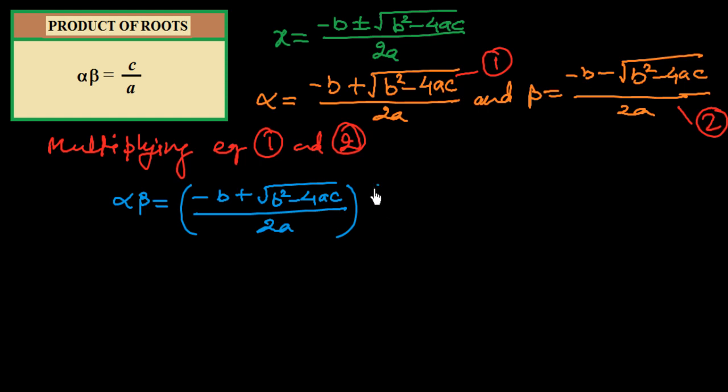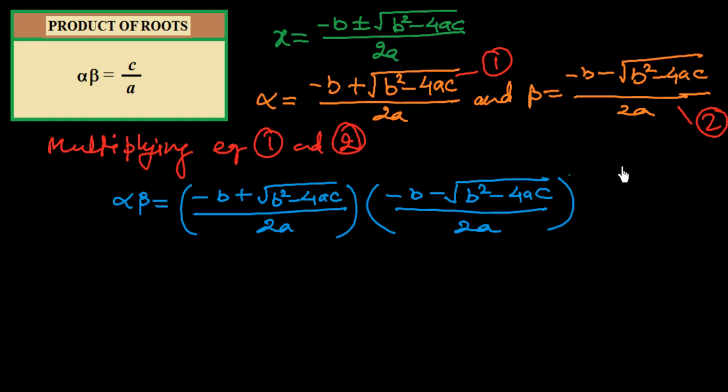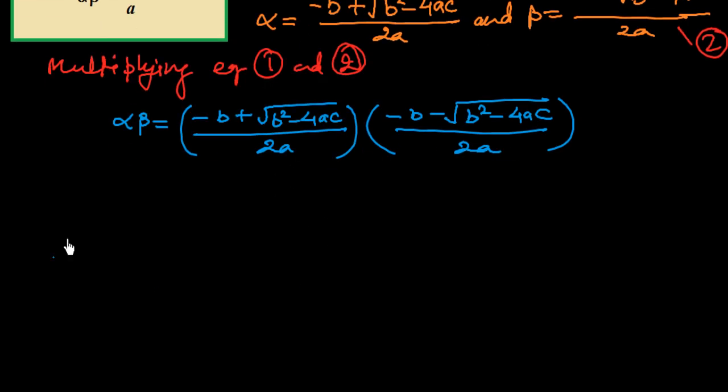This is the alpha, and beta is minus b minus root b square minus 4ac over 2a. You see what happens now? We know that minus b plus root b square minus 4ac, minus b minus root b square minus 4ac. We know that here